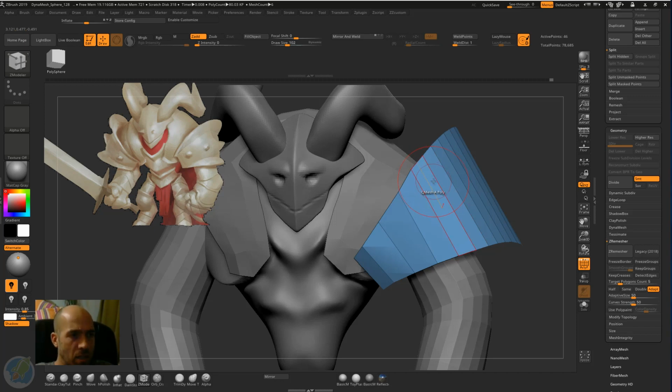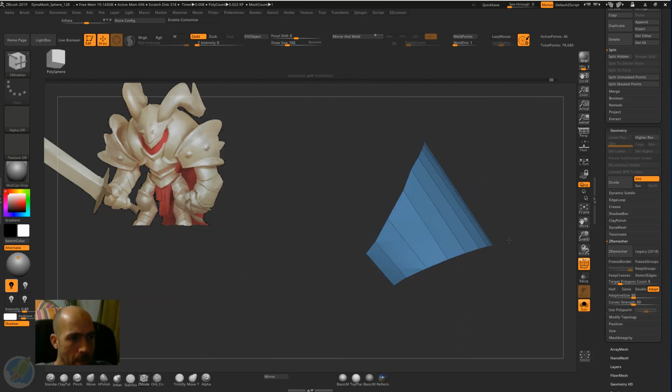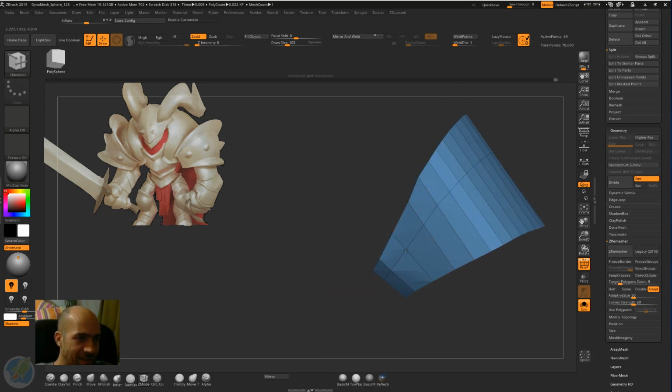So don't be scared. So first, we go to an edge. Edge, not an edge loop. Because by default, when we click on an edge with this brush, we're making an edge loop. But we don't need that now. I'm not sure why this made this kind of thing here. It's strange, but we'll see. Del hidden. I haven't pressed del hidden. Now it's good. Okay. So, we want to make this edge loop here, so we can make this lip and